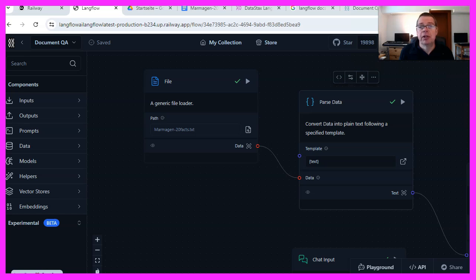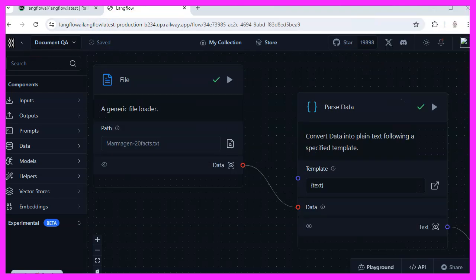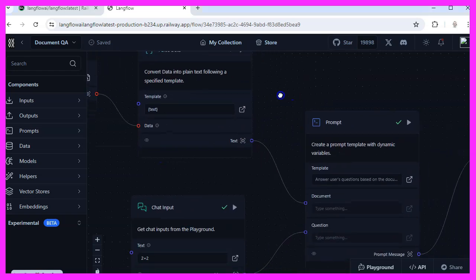In this video we will finally see how the file component works and why it works with a special thing that is called a custom component on a different server. Do you remember when we tried to run the chat flow with the file component? Well, this version here is hosted on Railway, which is basically a SaaS provider, and I have deployed Langflow on